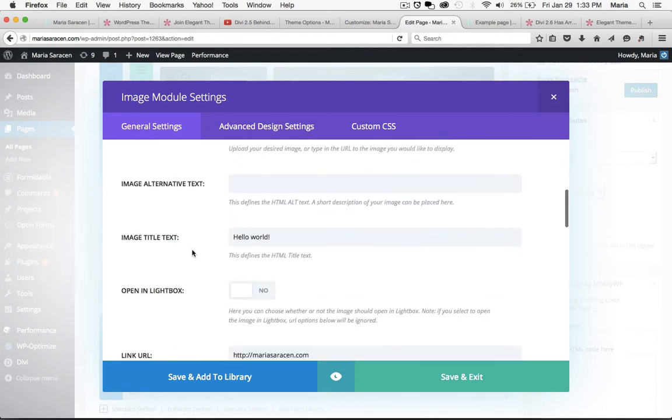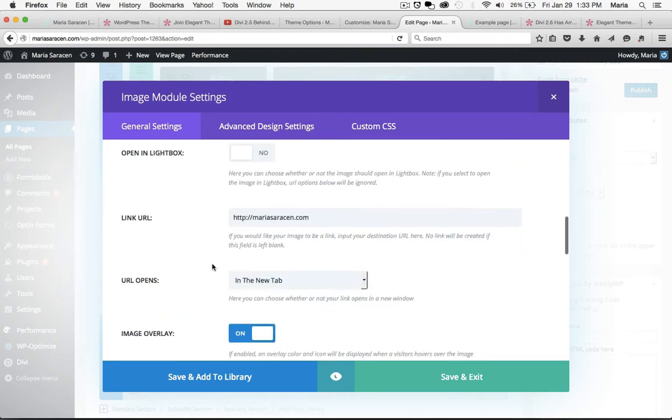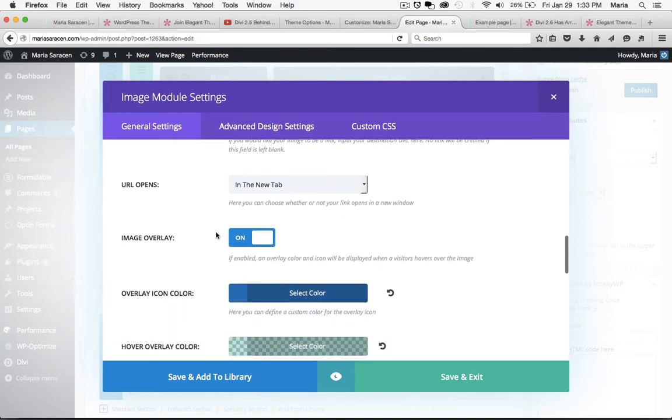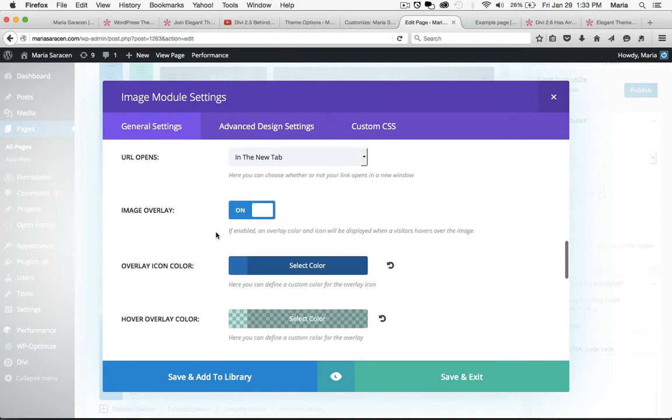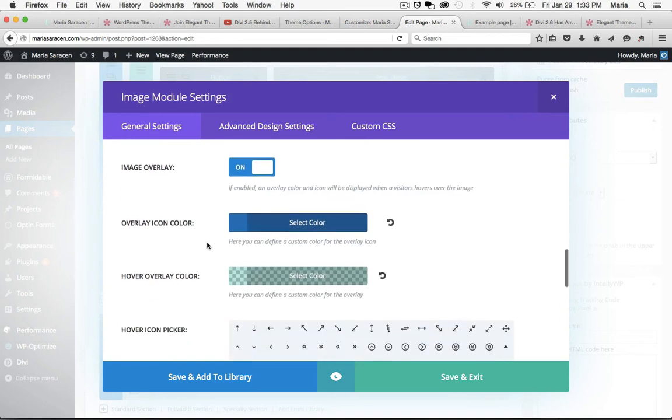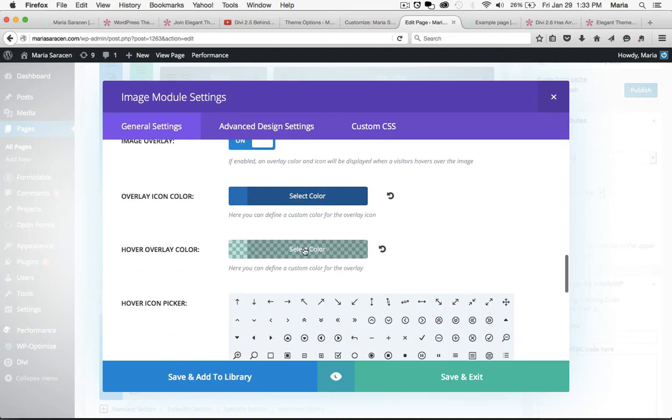So you upload your image, and then you put your link URL. You have to have a link URL in order for the image overlay to work. And you can set the URL to open in the same tab or a new tab. And then you just select the overlay color. And just so you know,